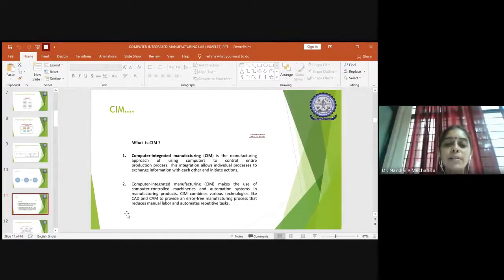Because it reduces the human labor, everything is automated, the tasks are repetitive, and it will be programmed well. So no chance for errors. If sudden accidents come into the picture due to some lacuna related to the equipment, like without maintenance or whatever, in that case you can expect some amount of error. So this is basically what CIM is.